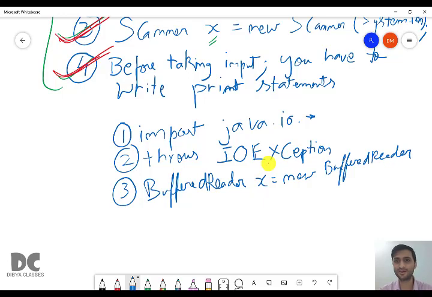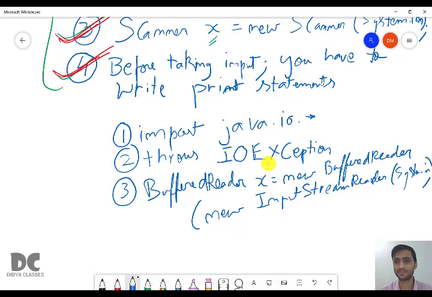Then it is not only system.in, there is another line, that is new input stream reader, and then system.in semicolon.